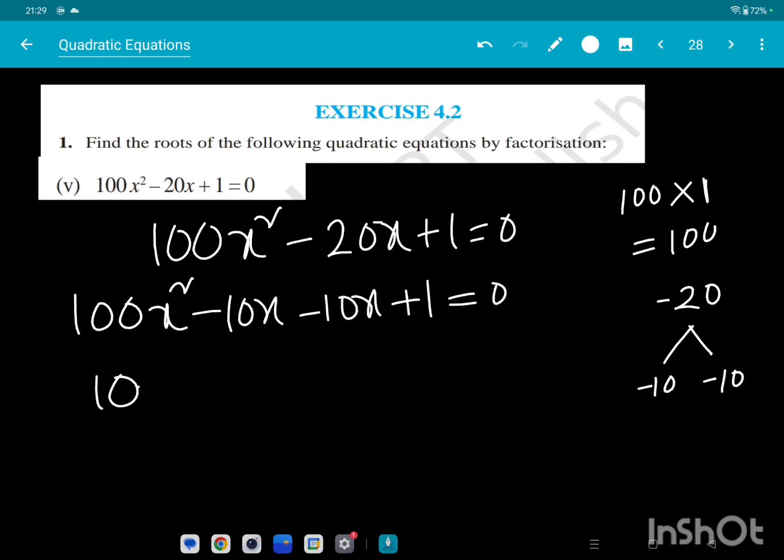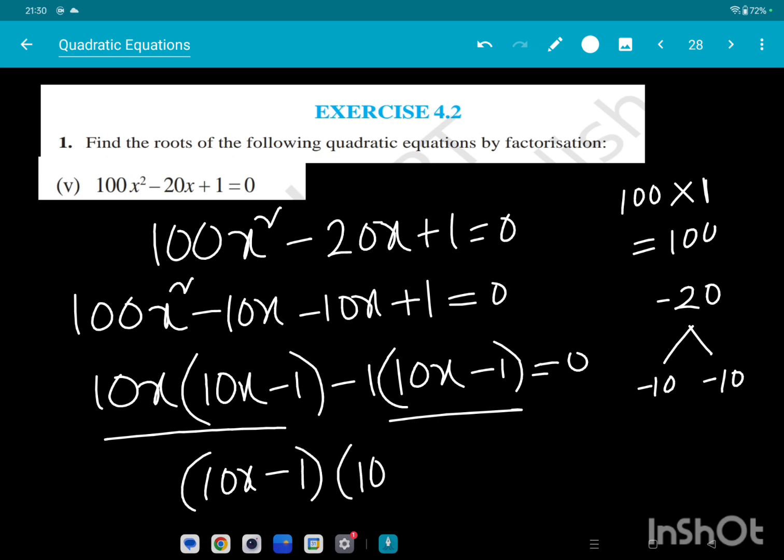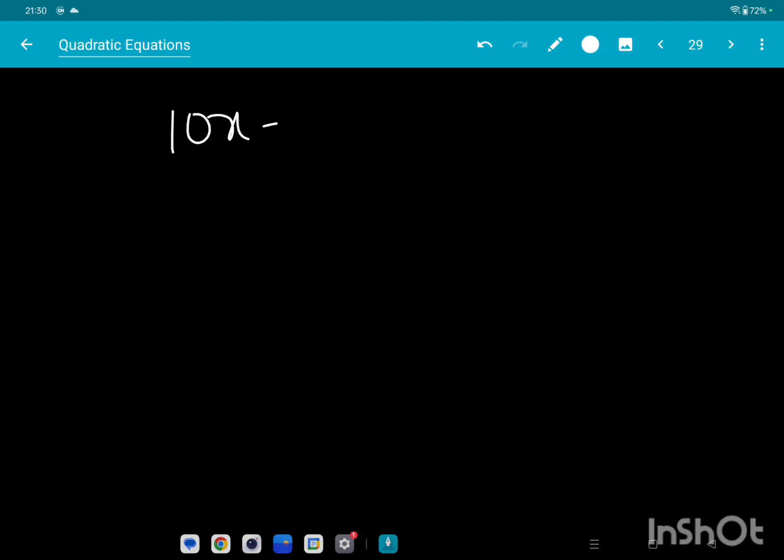If I take 10x as common, then what are the remaining terms here? The remaining terms are 10x minus 1. And if I take minus 1 as common, then 10x minus 1 is equal to 0. So in this term and in this term, 10x minus 1 is common. If I take them, then what are the remaining terms here? 10x minus 1 only. So I'll write it as 10x minus 1 is equal to 0, 10x minus 1